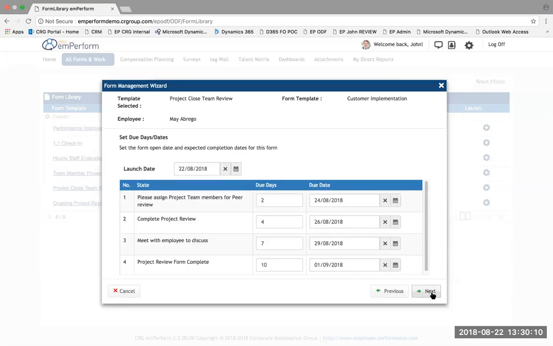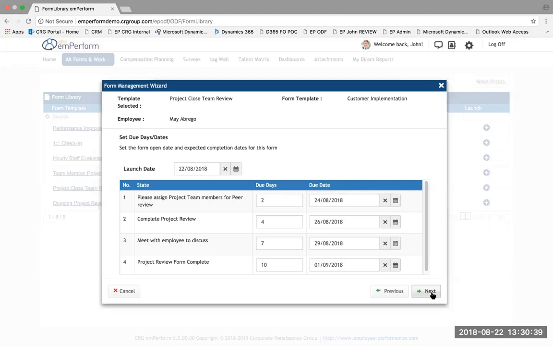Now this is an interesting option as well, and one that comes up from time to time. Some of you following along who are deep into project reviews may have thought of this one already. This one actually we didn't; it was a customer request that we put in. It says that as a project manager launching the form, I may not want to start it today. I may want to start it sometime out in the future. It also says I may want to adjust the due dates. Somebody said to us, yeah, that's great functionality,